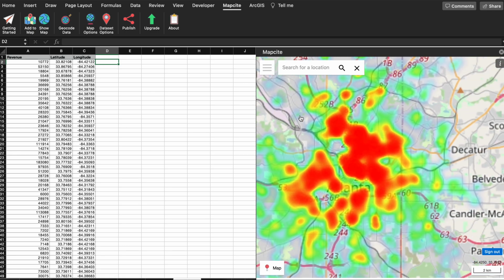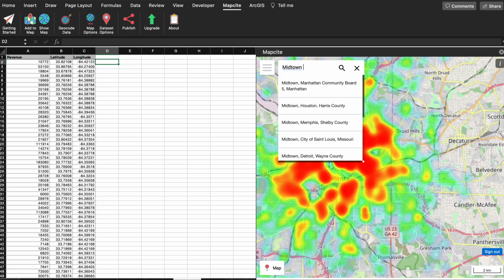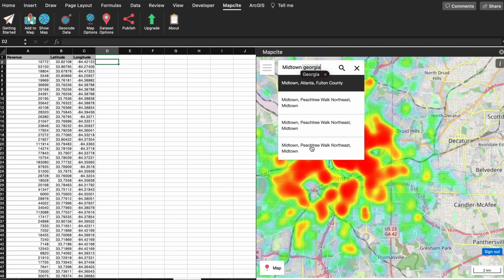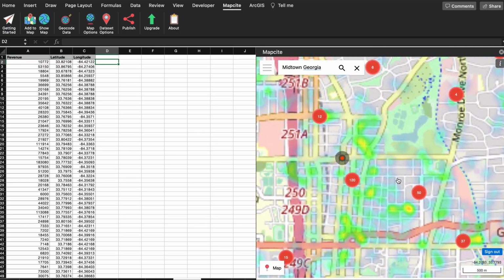So the redder the hue of red is the more revenue that specific area is generating. So say, let's look up Midtown, Georgia. Let's see if that, yep, Midtown Atlanta. So this is specifically Midtown Atlanta.